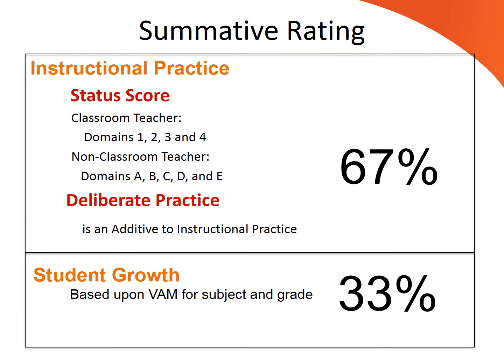Your summative evaluation is composed of 3 distinct calculations. Instructional practice is comprised of a score derived from your observations and is called a status score, together with your growth plan or DPP. Since the DPP is value added, your DPP rating is added to your status score and becomes your instructional practice score and has a weight of 67% or 2/3 of the summative evaluation. 33% or 1/3 of your summative rating comes from the student growth measure as outlined in the plan for your